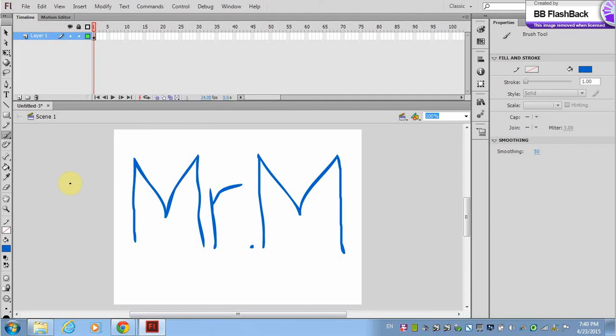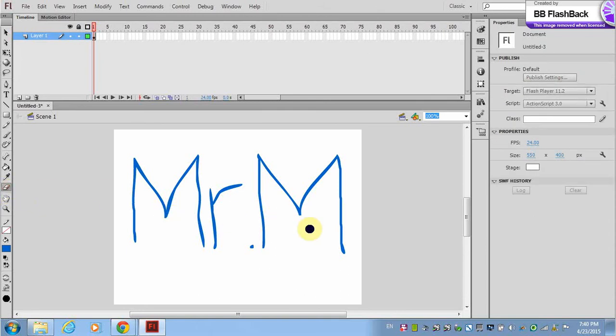Once you have it done, about two thirds of the way down the page, we're going to select the eraser tool. I'm going to click on that, bring it over to the far right hand side, and start erasing. We're going to erase a small bit of the M here. And then I'm going to go up to the top here, and if you take a look at